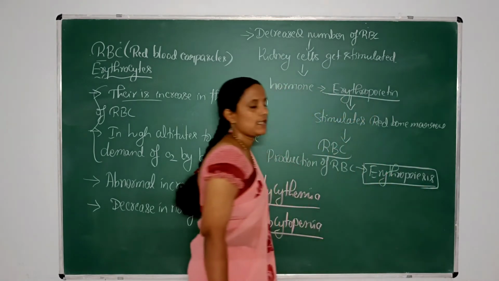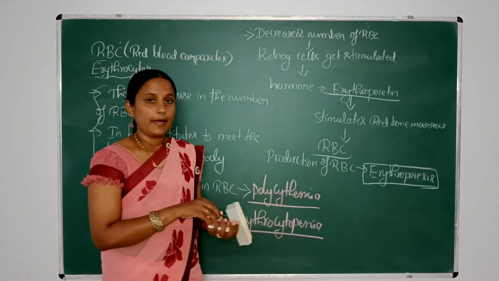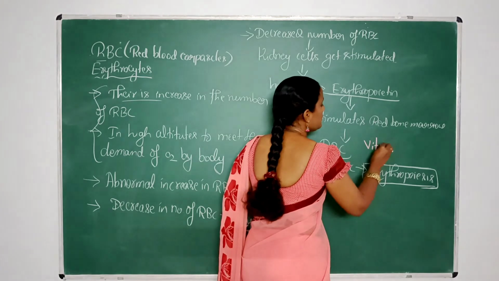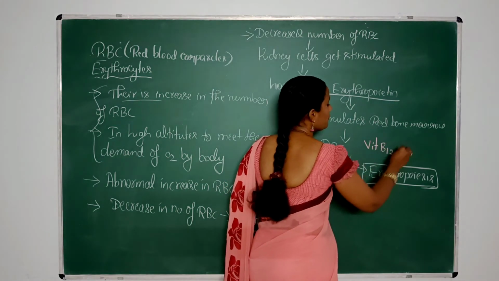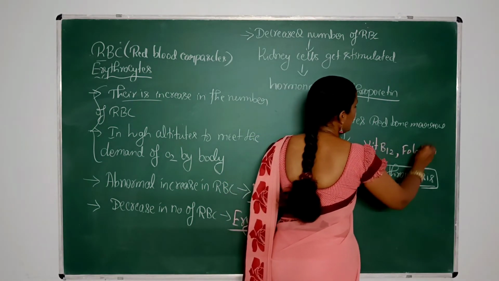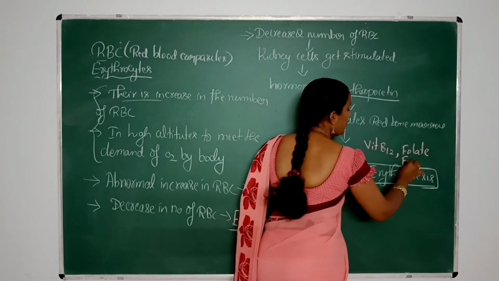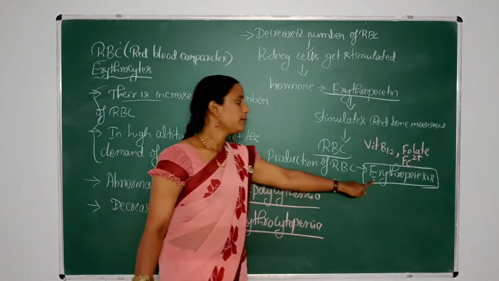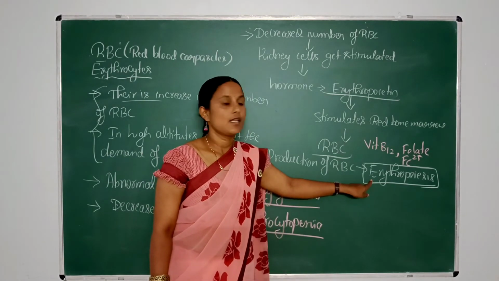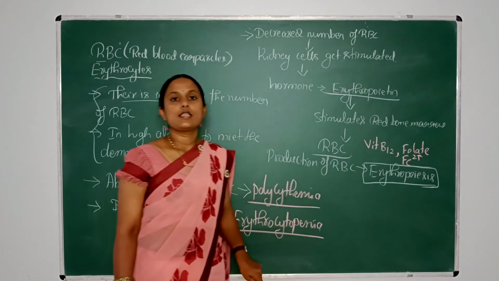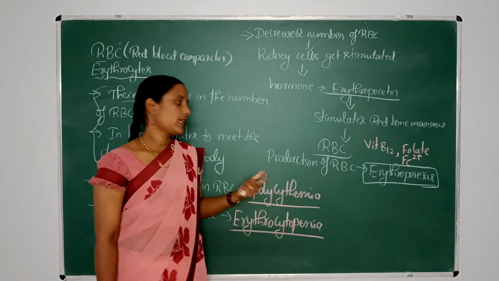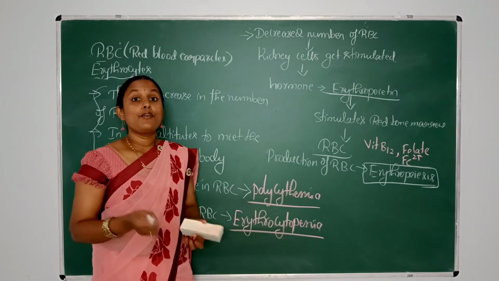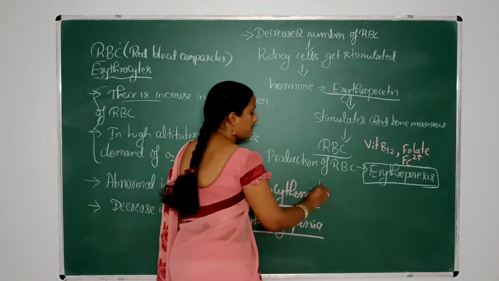For this process, our body requires special nutrients like vitamin B12, folate, that is folic acid, and very importantly, iron. Iron is required for the erythropoiesis process. The erythropoiesis process in adults takes place in red bone marrow, as I told, and in case of early embryonic stages,